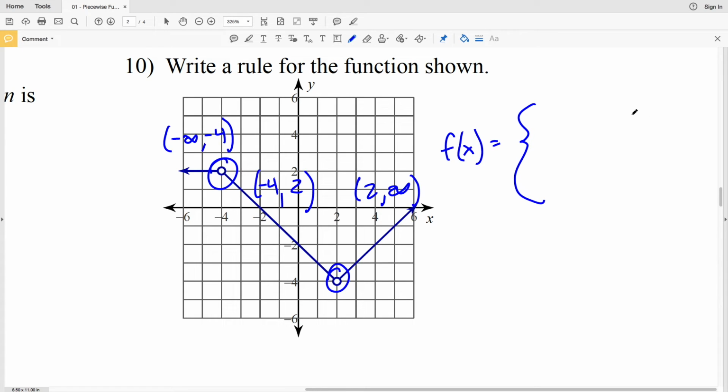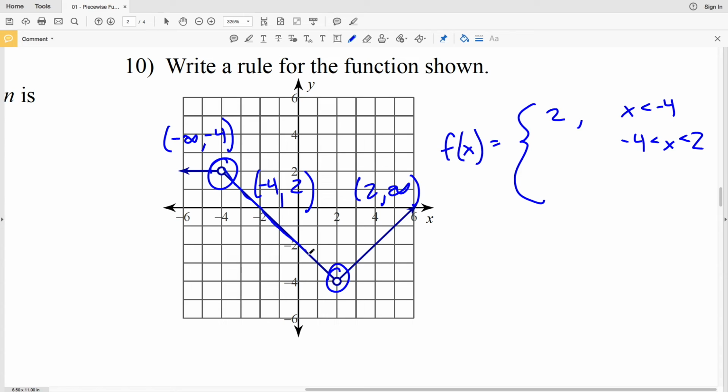So our function f of x is going to equal 3 separate pieces. One for when x is less than -4, which is this horizontal line, where y equals 2, or f of x equals 2 at those points. So for f of x, when x values are less than -4, we're at 2. Then, for x values between -4 and 2, so -4 is less than x, which is less than 2, remembering not to use less than or equal to for either of those because -4 and 2 are both not included,